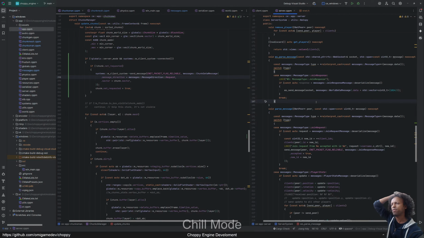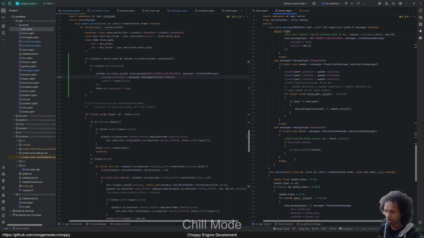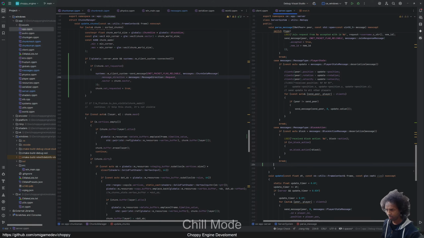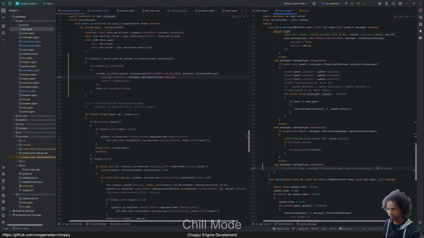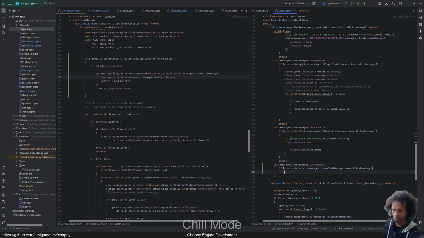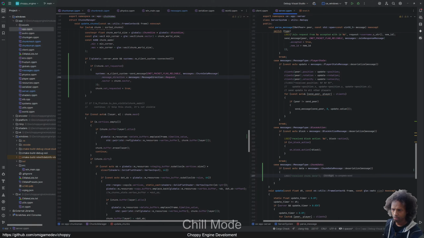So the server is going to receive and parse that message. Message type is chunk data, so we're going to parse that. And it has received chunk data. That's it. Receive chunk request for